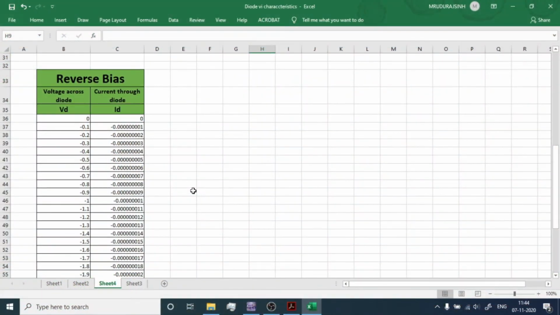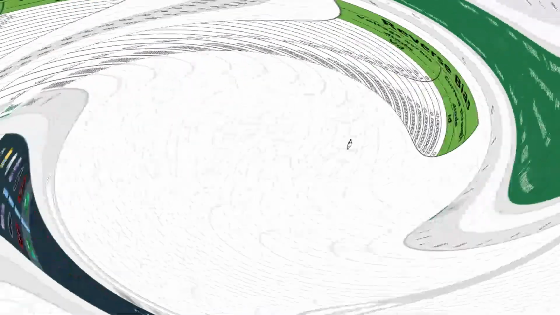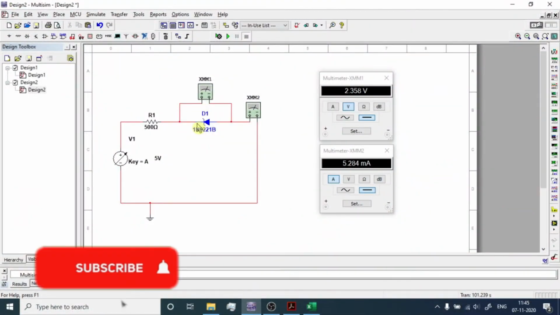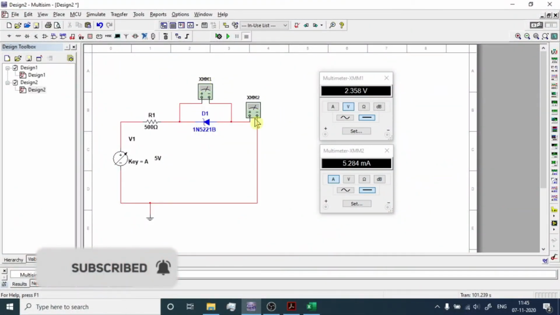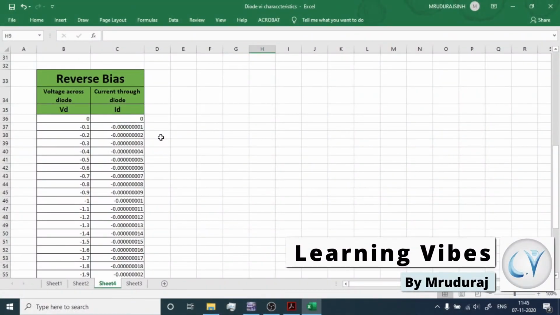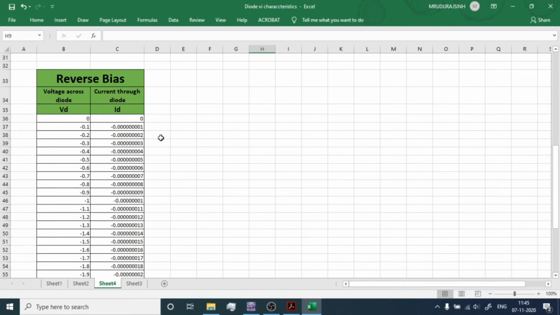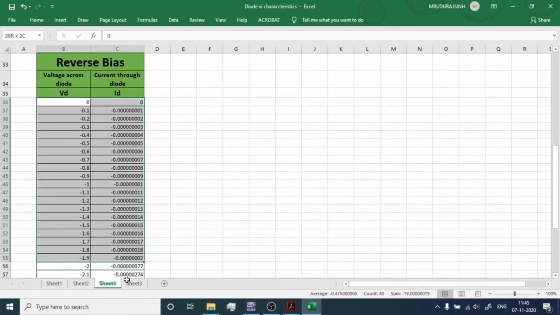So these are the readings of reverse bias condition of Zener diode. You can observe that voltage across diode is taken as minus volts and current through diode is taken as minus ampere. The sign minus is taken because in the previous condition, in forward bias condition, we have taken the direction of volts as positive, the current as positive, and in this condition, let's see over here, the diode is reversed, right? So the polarity of voltage and current is reversed, and that's why in this condition we have taken this as negative.